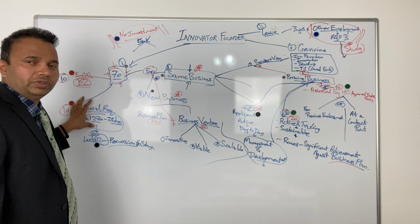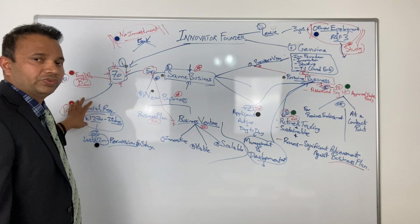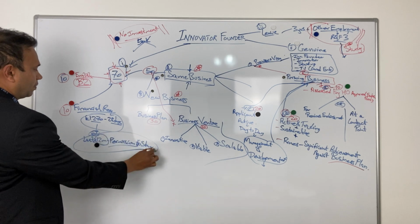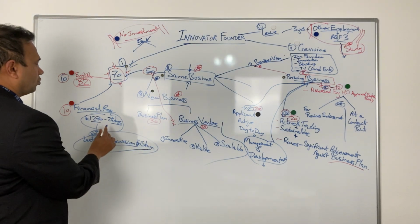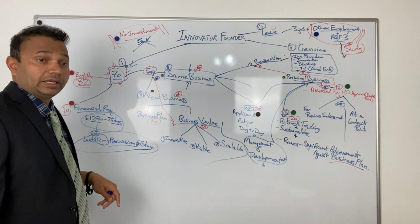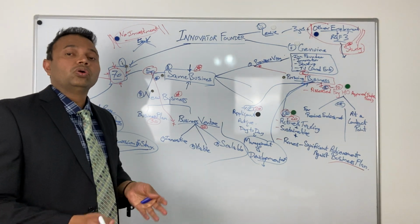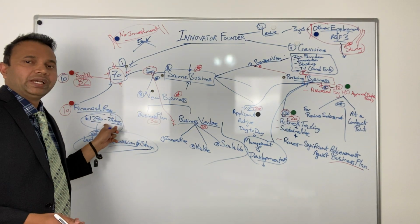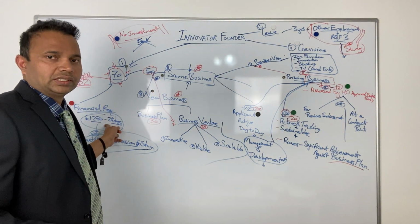That itself, your previous visa or BRP card itself, is sufficient to meet this requirement if you have the permission to stay. And now also, if you don't have the permission to stay for 12 months or higher and you are applying from inside the UK, or you are applying from outside the UK for the first time, you need to have maintenance funds of 1270 GBP,